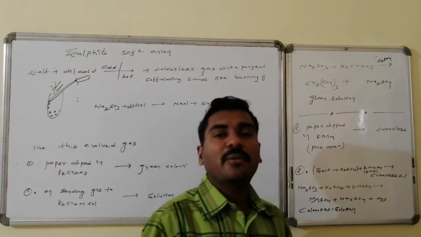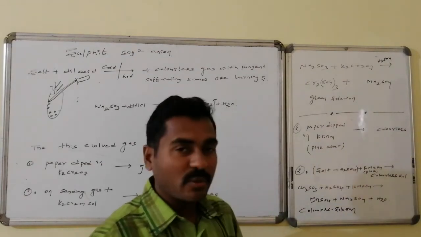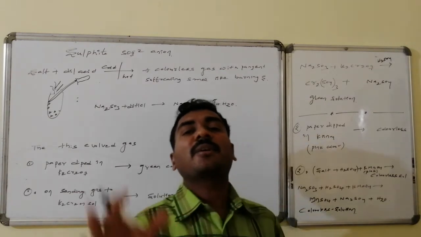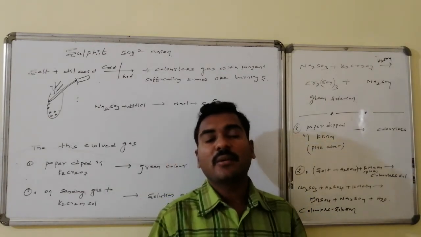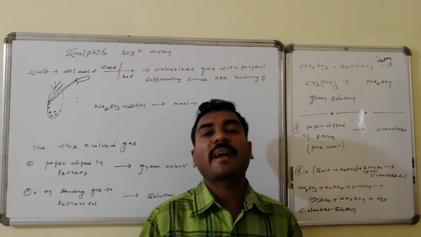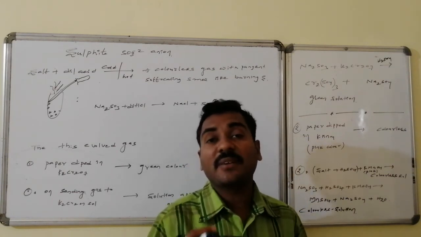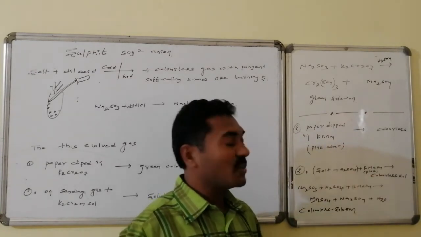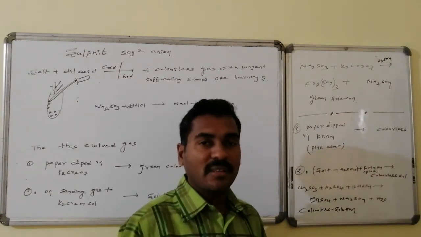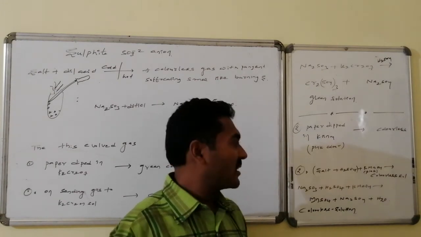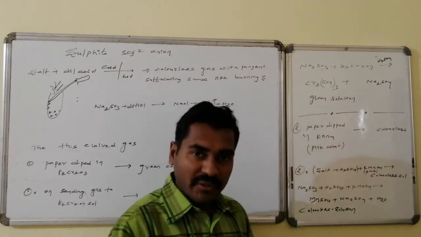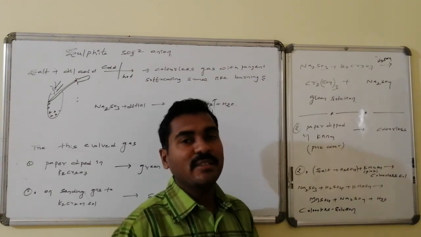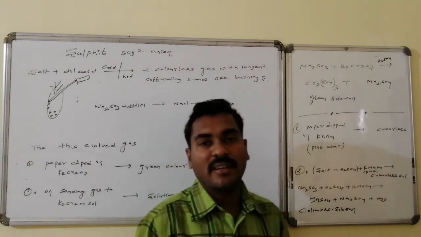Secondly, to this evolved gas, if a filter paper dipped in potassium permanganate, which is pink in color, is exposed, it is converted to colorless, because the permanganate of pink color is converted to manganese +2, manganese sulfate, which is colorless. See here, salt plus acid followed by KMnO4 solution. Also, if you send it through KMnO4 crystals, if it is added, then also it leads to a colorless solution, because here the formation of manganese sulfate occurs, which has higher solubility and does not have any kind of color.